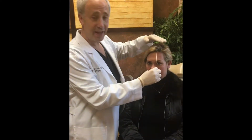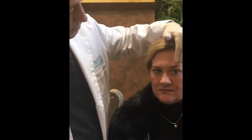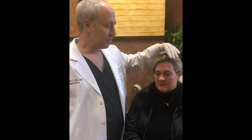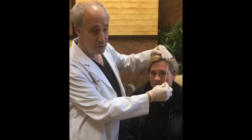So this is cutting edge aesthetics here. What we see in a lot of people are brows that over time become a little more horizontal, and we see lids getting heavy. Okay, and the knee-jerk reaction of a lot of physicians is to do a brow lift. When you look more closely, what you're going to see here is that our patients sometimes lose volume, they